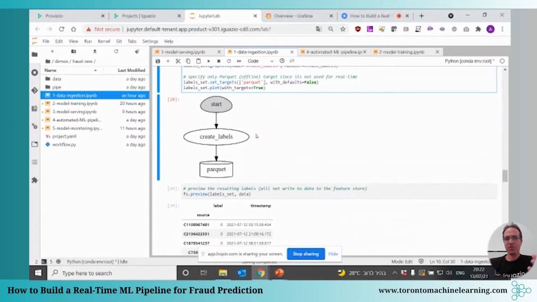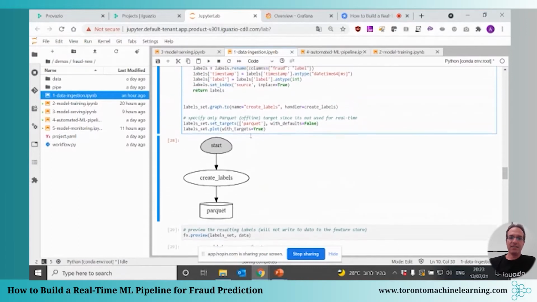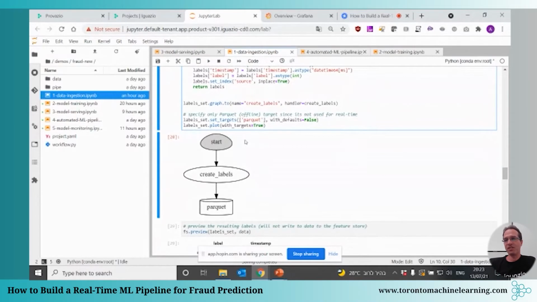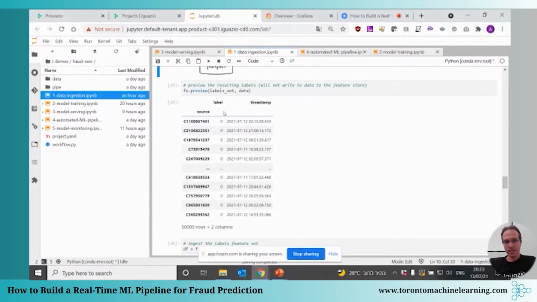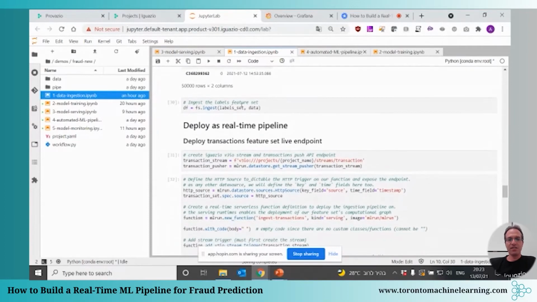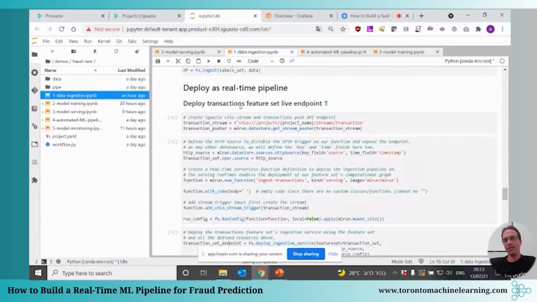So the idea with the feature store here is to be very flexible, to support all kinds of engines. So today we support the storey engine that I just showed you earlier. We support pandas, we support Spark. And for that case, we're using pandas because, again, it's a kind of an offline feature set. You don't need it for online. So it's very straightforward to do it with pandas. When it comes to real time, then the guidance is to use the storey mechanism. So this is how the labels data looks like. Again, it's the same story. We are ingesting the data, and we have a feature set for labels.